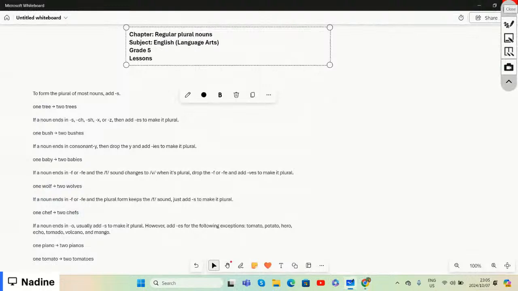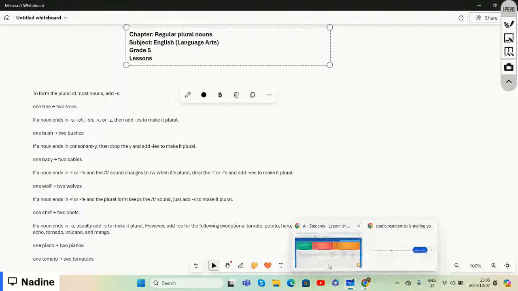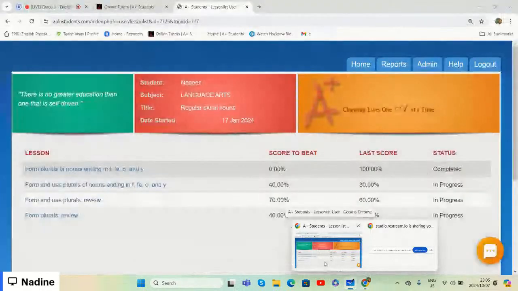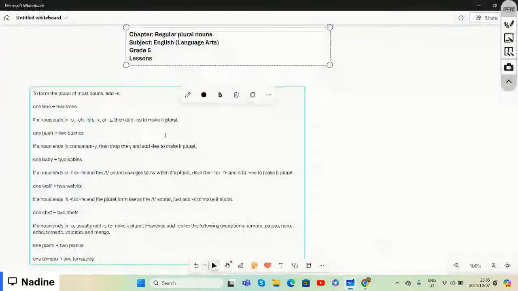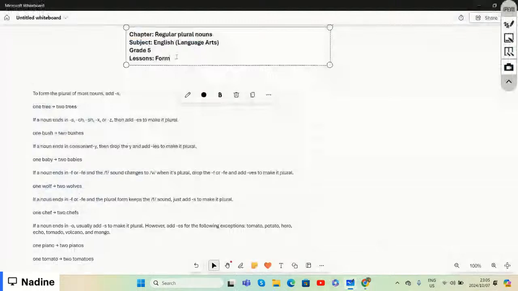And then the lessons that we are going to be focusing on under the chapter of regular plural nouns, it's to form plural nouns ending in